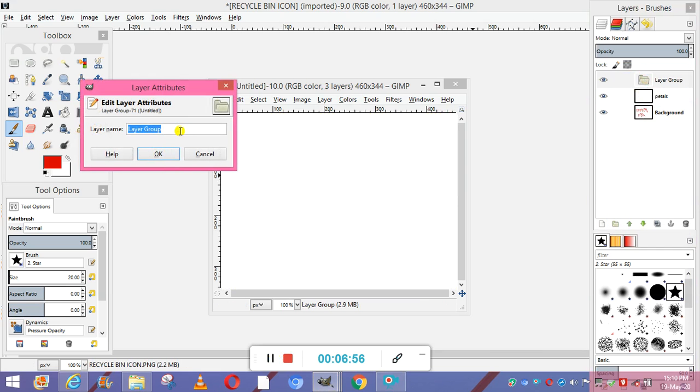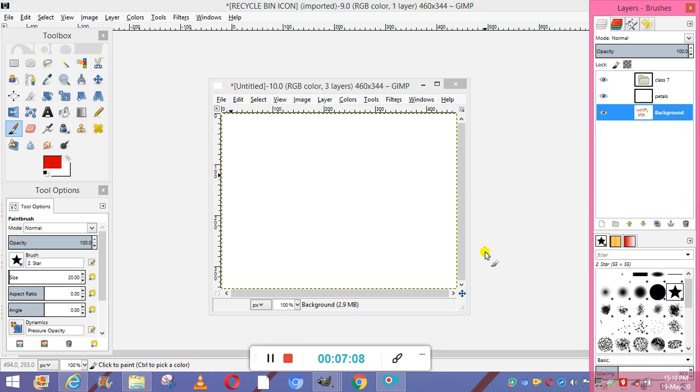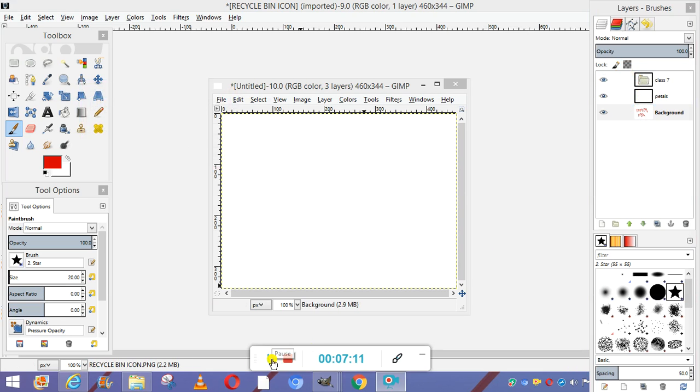This layer group name, you can give it any name like class 7. Okay, and you can move these layers inside this group.